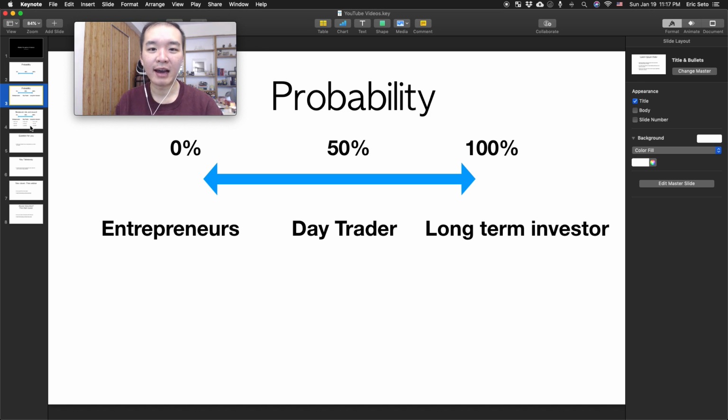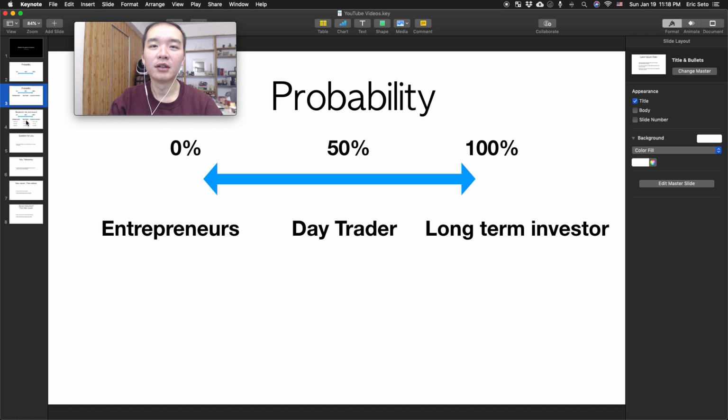Now, when you are calculating this number, you actually need to include transaction costs. And this is especially important if you are a day trader, because your transaction cost is going to be through the roof, because I know day traders that place thousands of trades each year. Versus a long-term investor, you might just choose to invest 5 times a year.